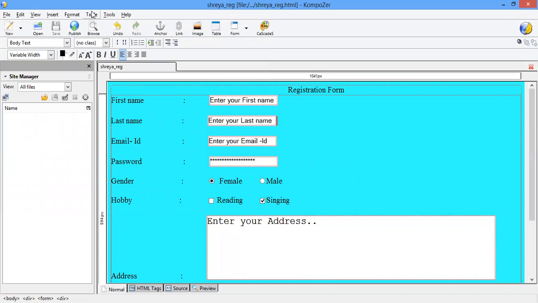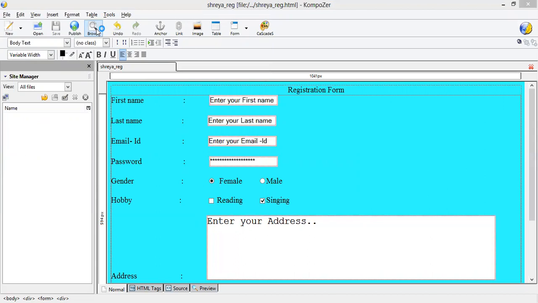Now I want to open that. I click on the browse. You can see my registration form in browser.